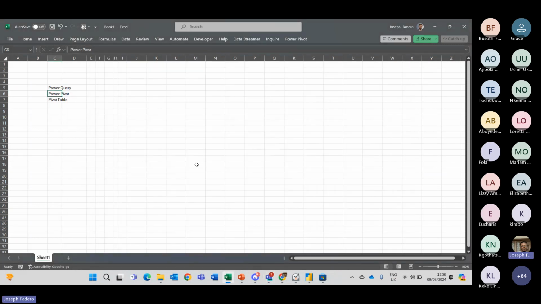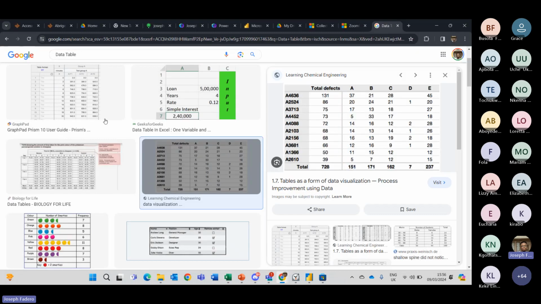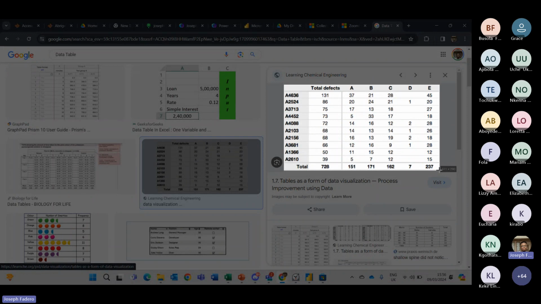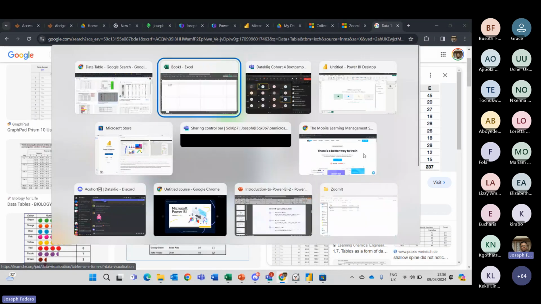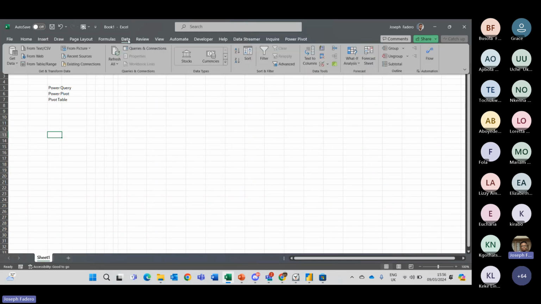Somebody said I should demonstrate again. The process is just easy. Just take a screenshot of what you want. Windows Shift S. Take a screenshot of the table you want. It's good to take a nice screenshot of the edges, so it's nice and neat. Or you can use an actual picture. Go to your Data tab, From Picture, then Picture from Clipboard.